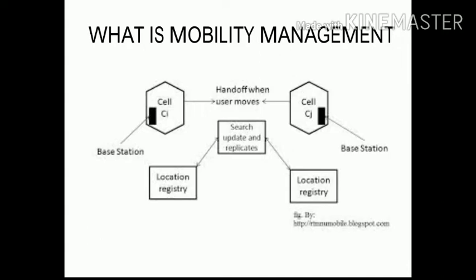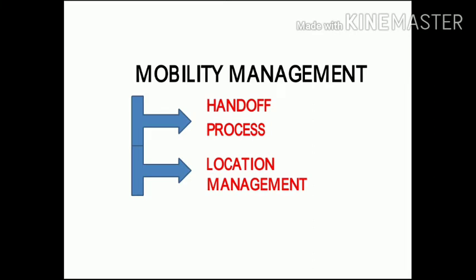With the help of this, a customer can automatically make and receive voice calls, send and receive data or other services also when traveling outside of the geographical coverage area of the home network, or you can say the visitor network. The mobility management is a two-step process. One, the handoff management, and the second one is the location management.